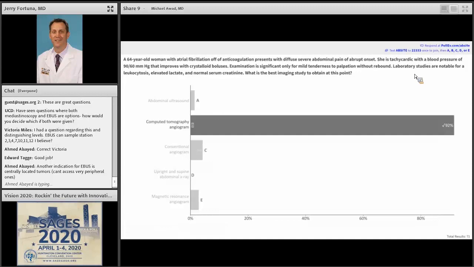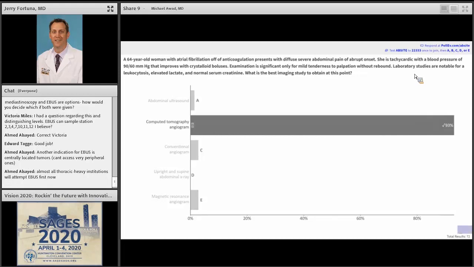So we can run through the answers real quick. An abdominal ultrasound probably is not going to give you a lot of information in this setting because it's user dependent, and body habitus with overlying bowel gas may keep you from seeing what you want to see. Conventional angiograms, you could go to the operating room and would afford you an opportunity to be both diagnostic and therapeutic, but probably is not necessary right off the bat as your first line, as it can take a